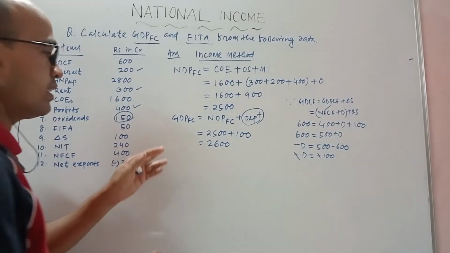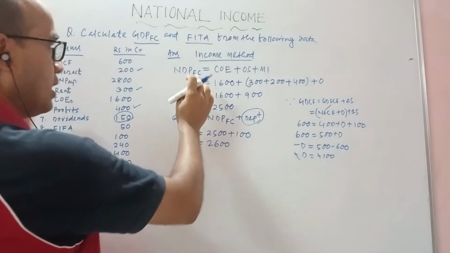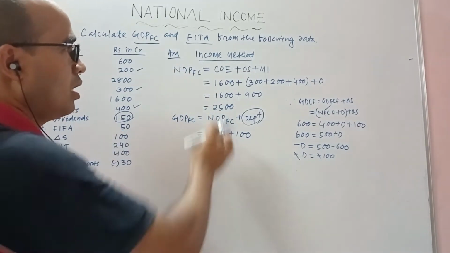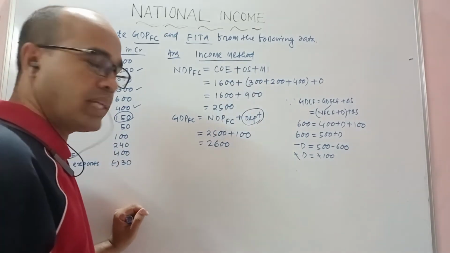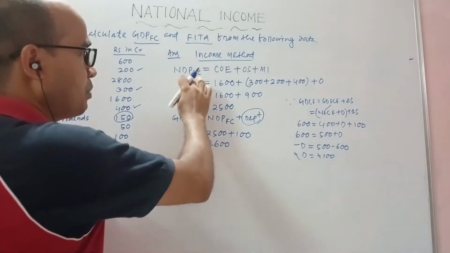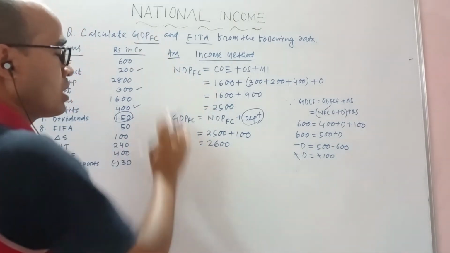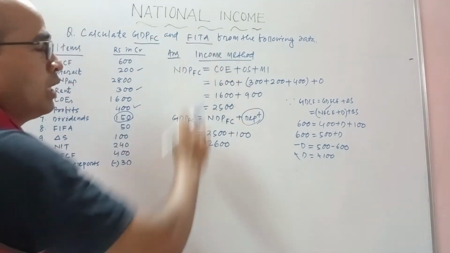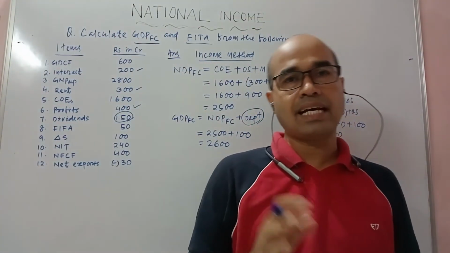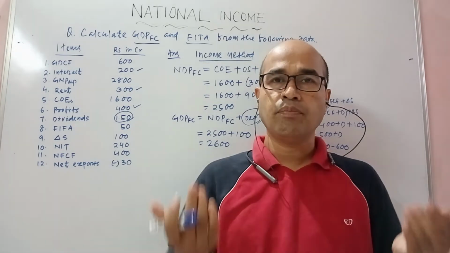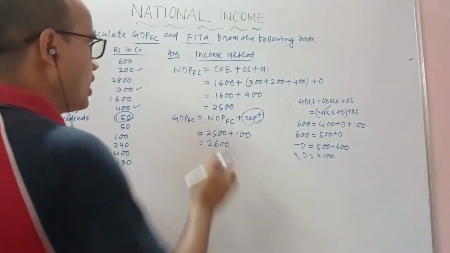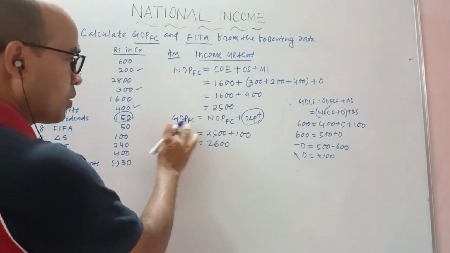Okay. So you find it once again. First they want to calculate GDPFC, but what you do? You first calculate NDPFC. Why? Now most of the terms are related with the income method. After that, from NDPFC you calculate GDPFC according to the question. After that calculate the FITA. Dear students, FITA means we can find out that the national or domestic should be there, from where we can calculate FITA. Okay. To calculate this one, either you can calculate from NDPFC or you can calculate from GDPFC.